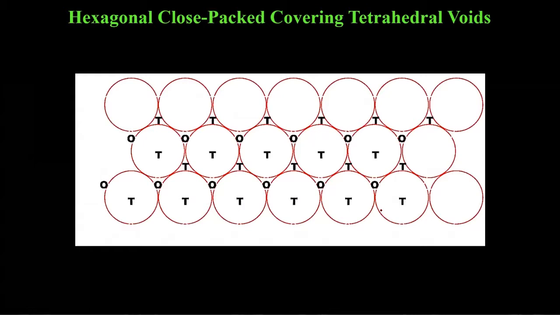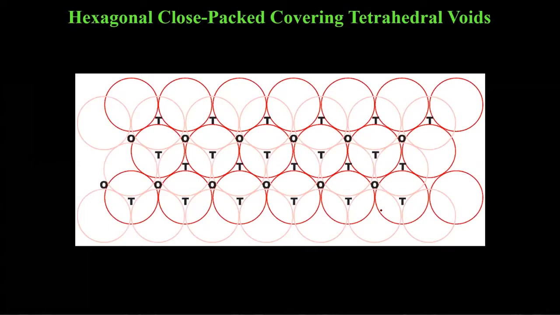Tetrahedral means having four sides, four faces. Octahedral means having eight faces. Void means the gap, empty space. Empty space among the atoms or ions or particles, those are termed as voids. Now understand how these are formed.